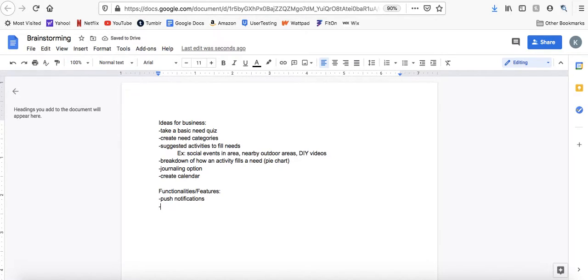Another really good thing is going to be social media integration, being able to share events. So say you see this thing on a calendar and you want to share that to your Instagram. Be like, hey, which of you guys do you want to come do this with me?